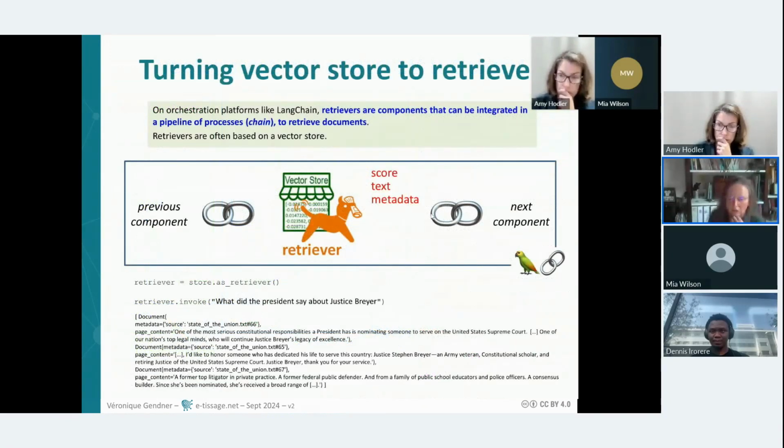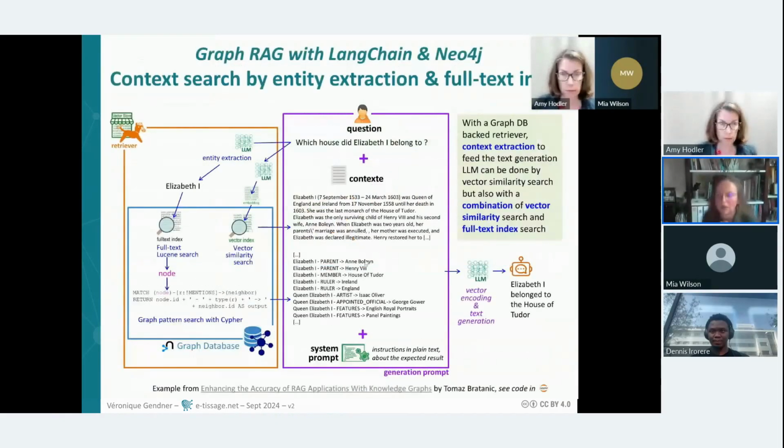And it's pretty straightforward to turn a vector store into a retriever in LangChain. You just add the as_retriever method, and as a retriever, the vector store can be chained with other elements in LangChain. So,